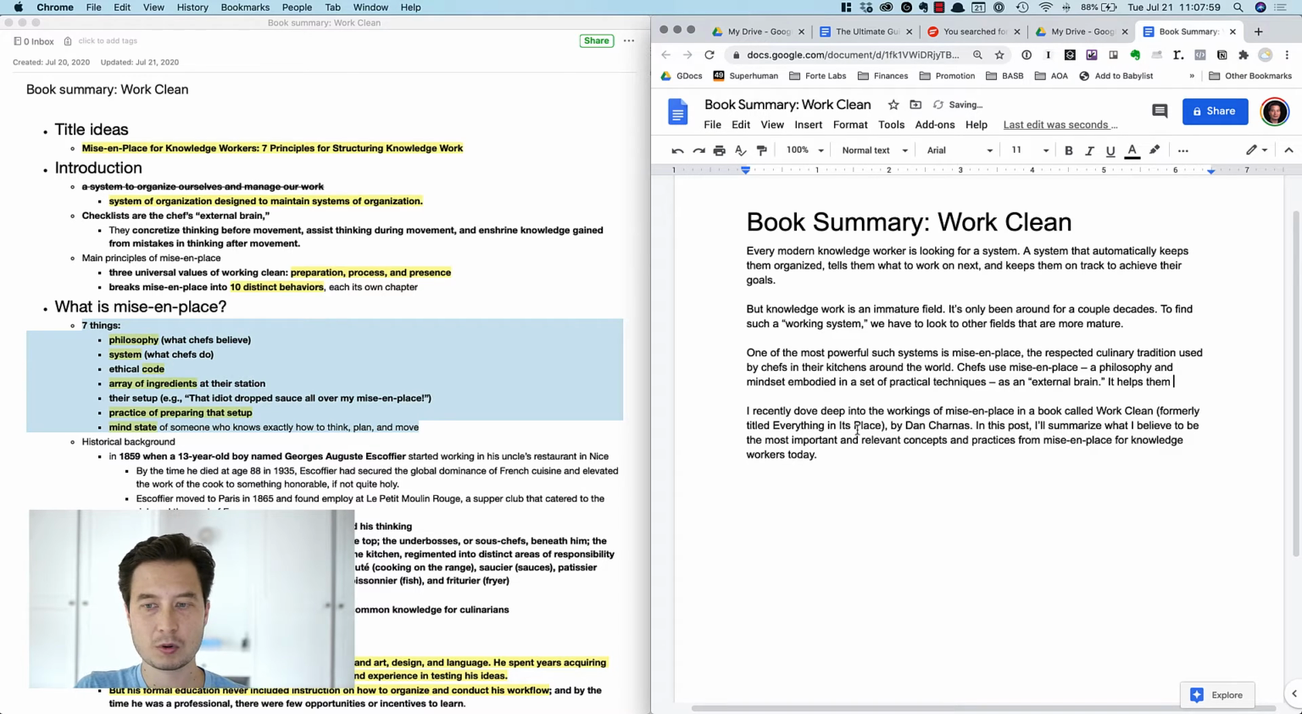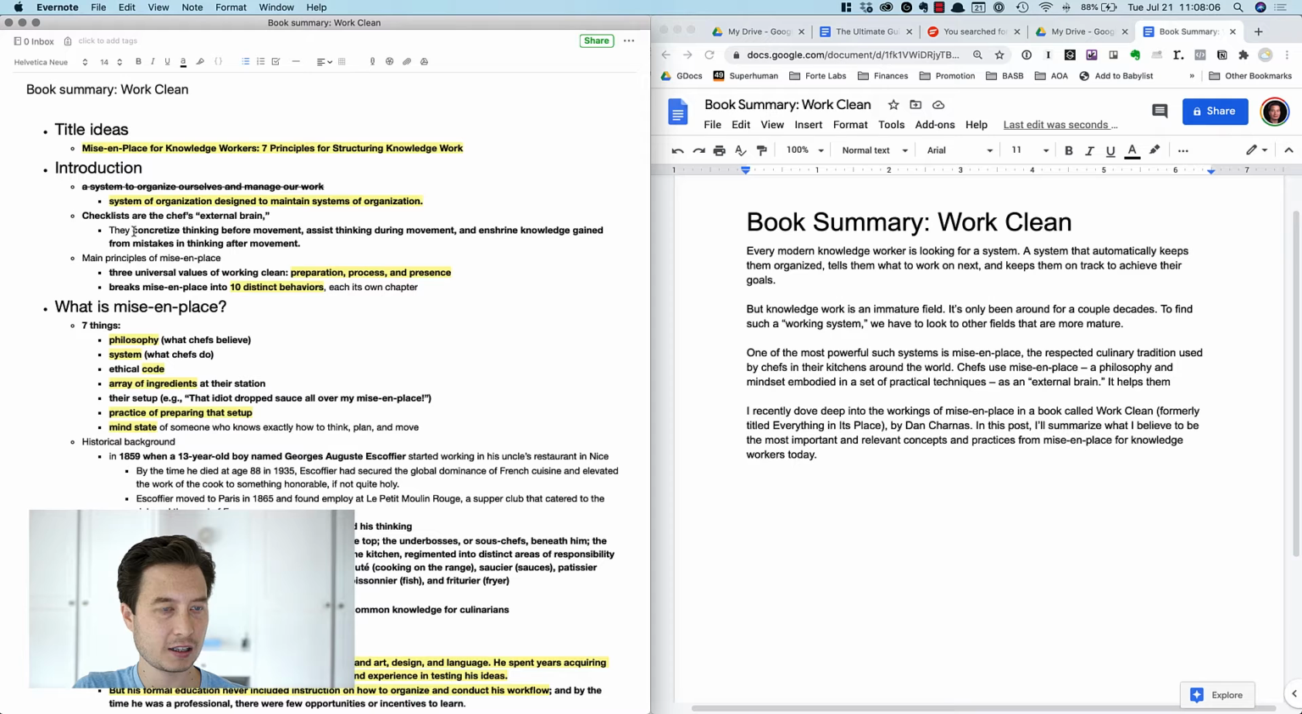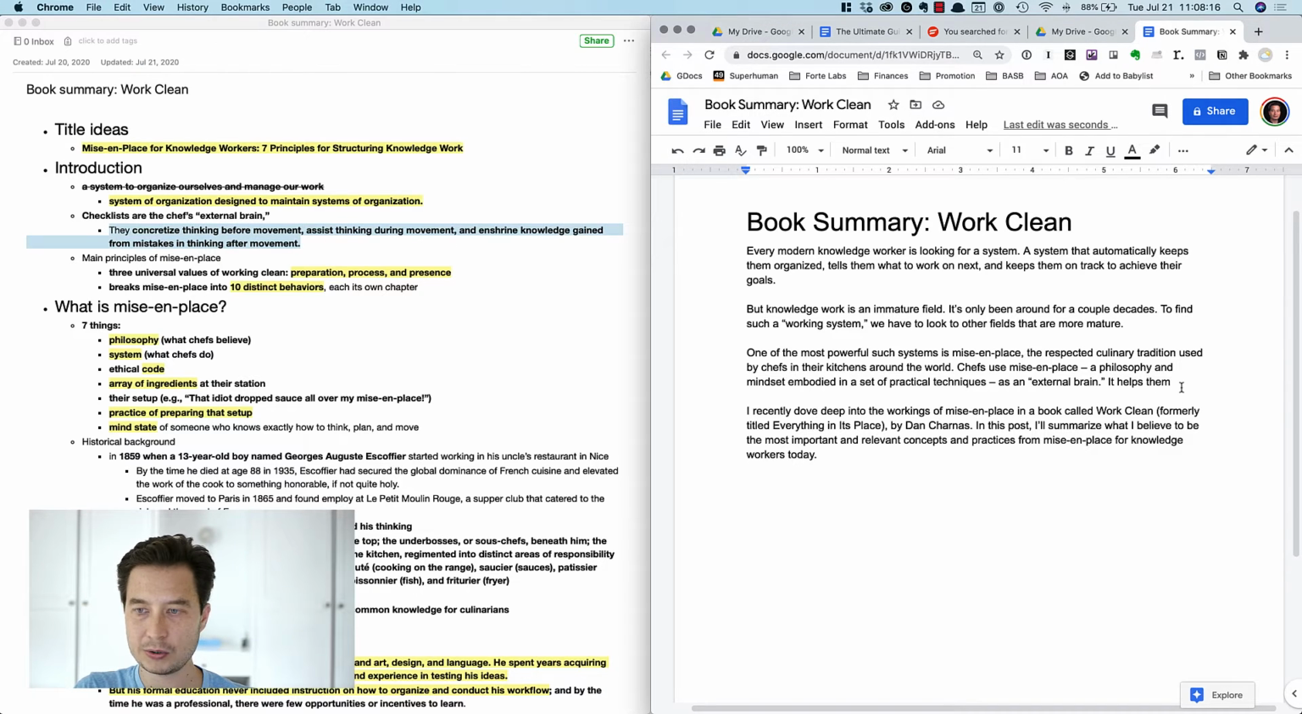So I think I need one more sentence about what that actually means, to use this thing as an external brain. There are some clues here. Concretize thinking before movement, assist thinking during movement, and enshrine knowledge. This is a little too in-depth for me right now, but I can kind of use the spirit of it. It helps them